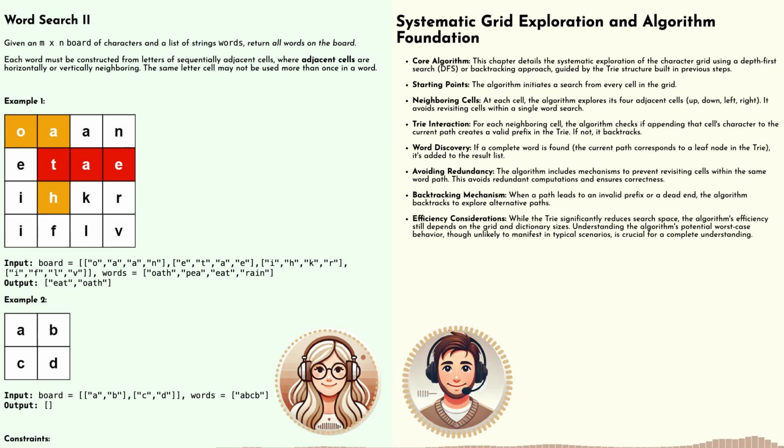Got it. Then we check the trie again. If it's still a valid prefix, we keep going. If it's not, we know we've hit a dead end, and we need to backtrack. Yes, we backtrack, which means we go back to the last cell where we had multiple options and try a